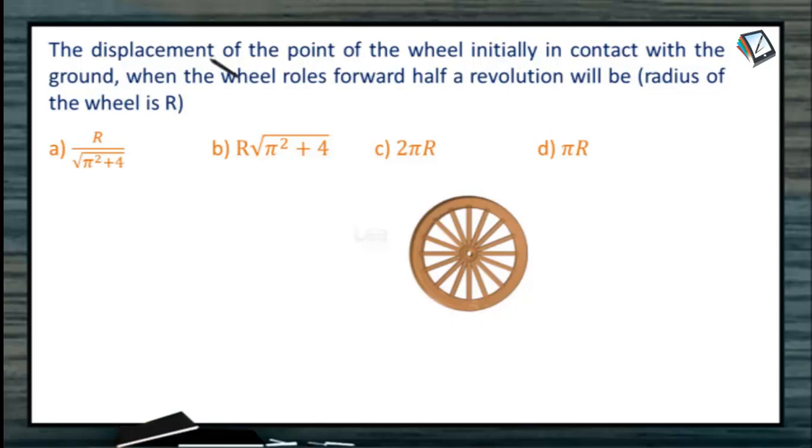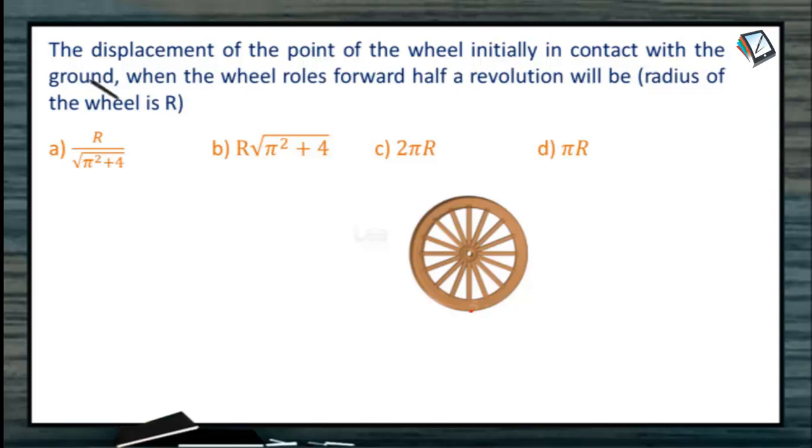The displacement of the point of the wheel initially in contact with the ground. So here is a point which is in contact with the ground. You can visualize the ground level here at the bottom. And when the wheel rolls forward half a revolution, where r is the radius, we have to find the displacement of the point of the wheel